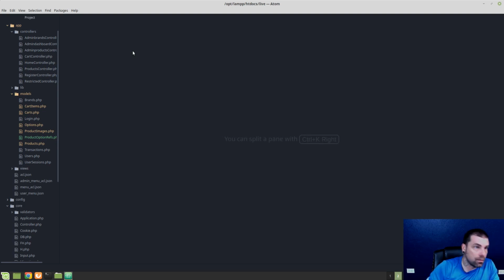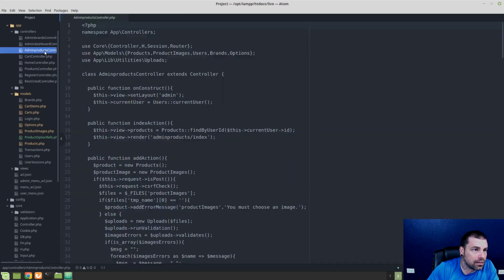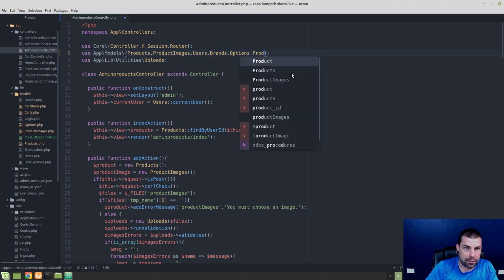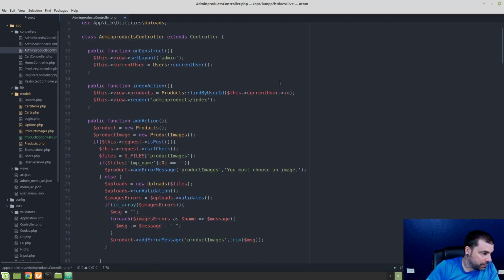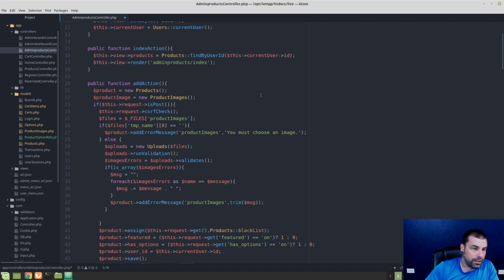So what we need to do is open up admin products controller, and the first thing we need to do here is in our models we need to also go ahead and add the product options or option refs class here for this model. The next thing that we're going to do